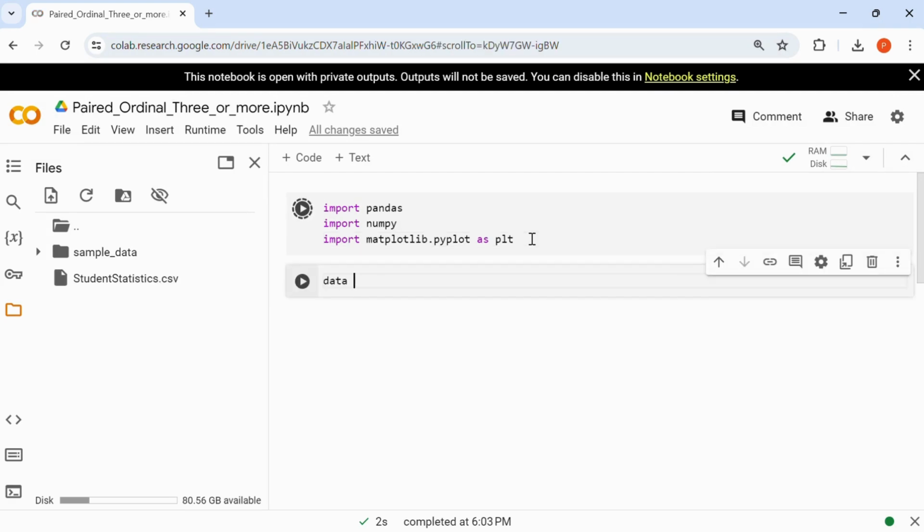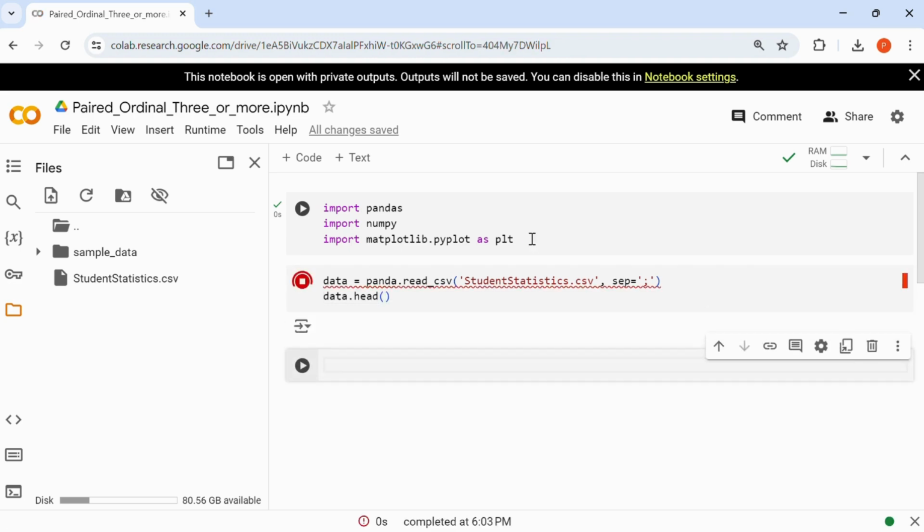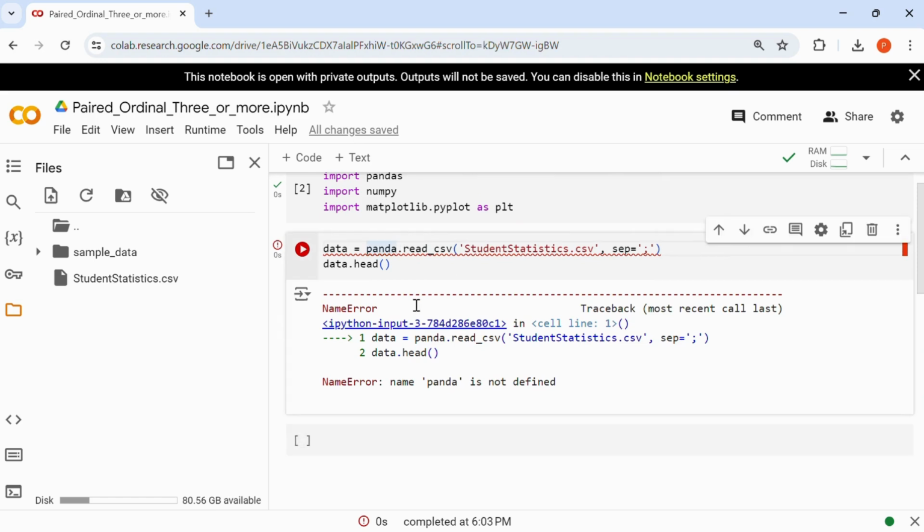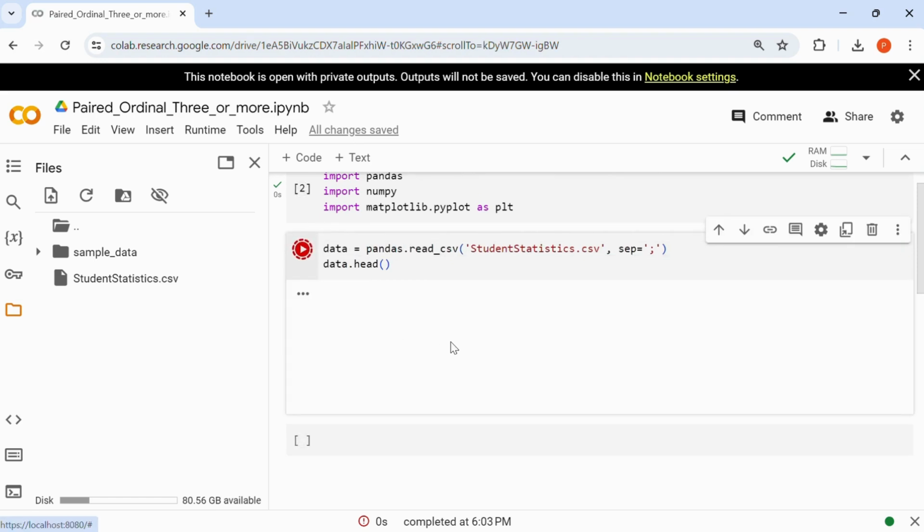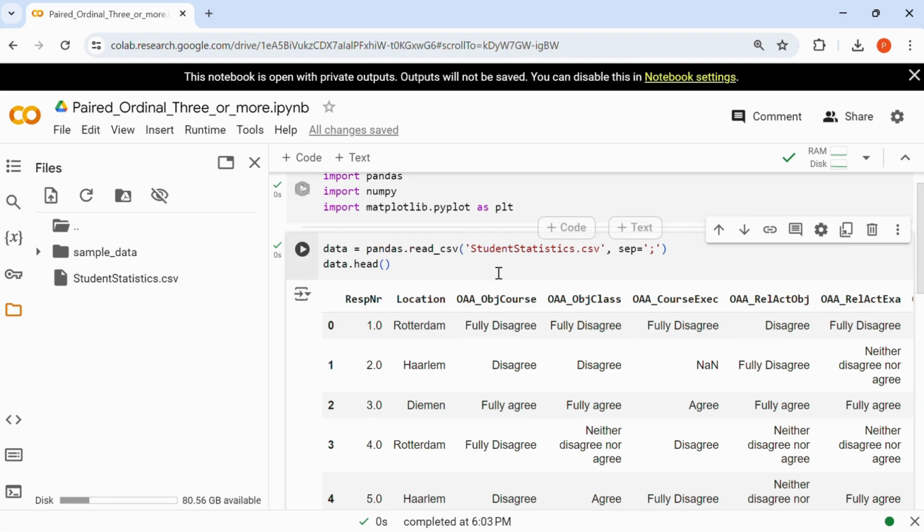Then we take the data as pandas.read_csv student statistics.csv, and then data.head. Sorry, the s is missing. So now the data is read and we have got the entire student statistics here